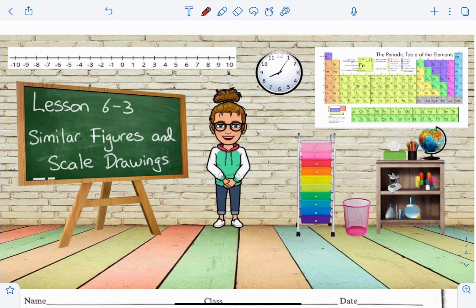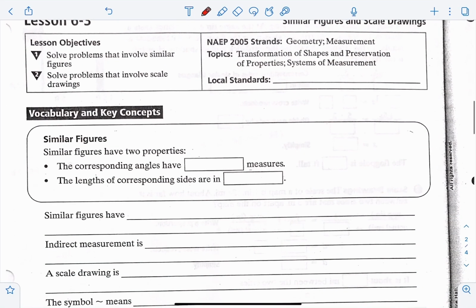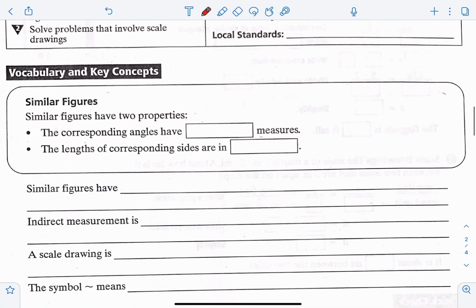Okay, in this video, we will be doing lesson 6-3, where we look at similar figures and scale drawings. So similar figures have two main properties. The corresponding angles have equal measures, and the lengths of the corresponding sides are in